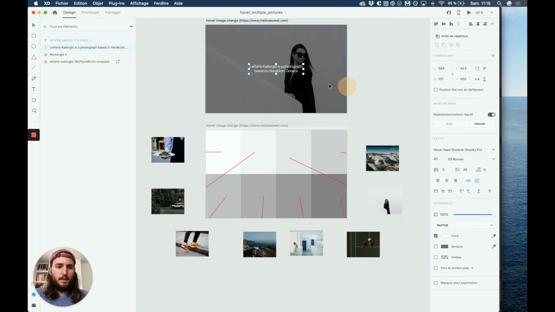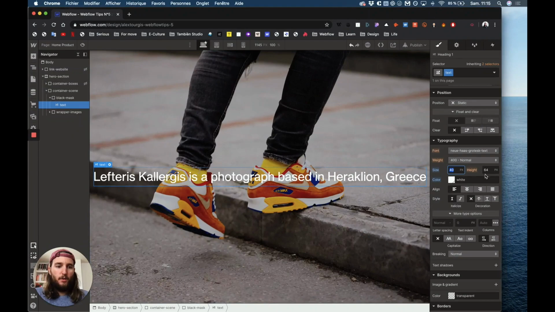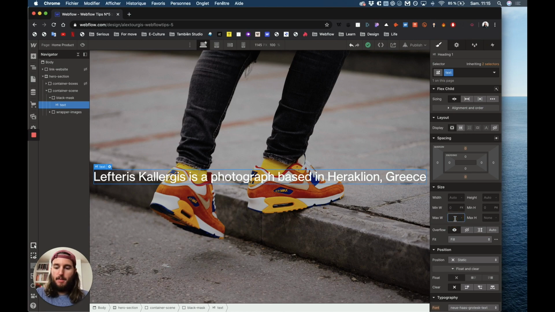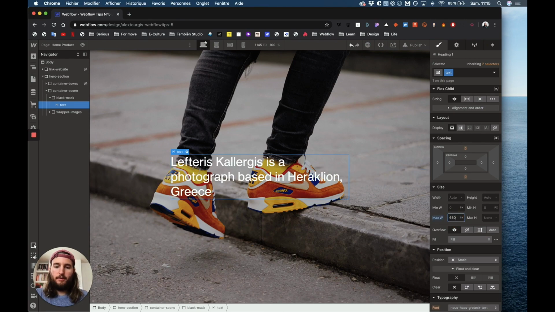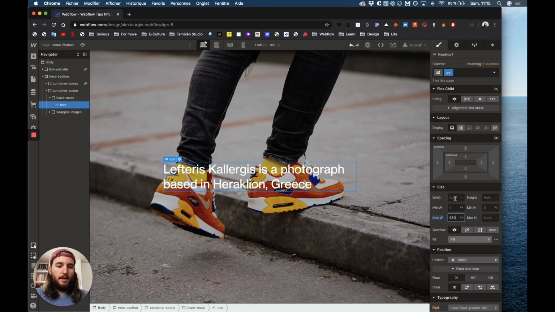How many pixels? 40 pixels, yeah, perfect. 50 pixel height, and I'm gonna say to this text mask to have a max width of 650, perfect. And I'm gonna say to my text